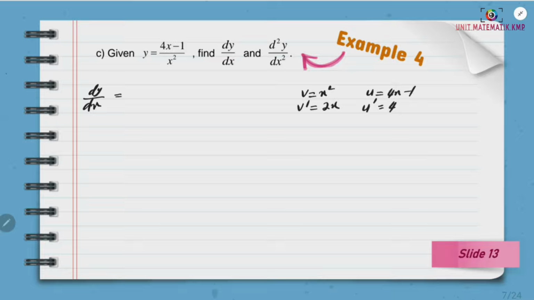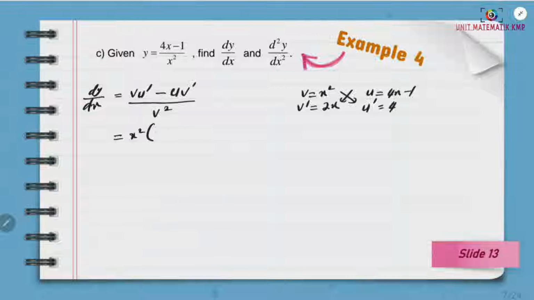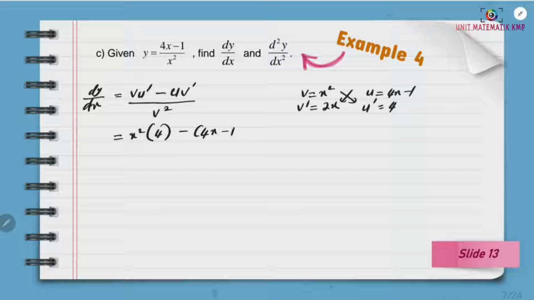Now, to find dy/dx, it is v times u prime minus u times v prime divided by v squared. So, we have x squared times 4 minus (4x minus 1) times 2x divided by